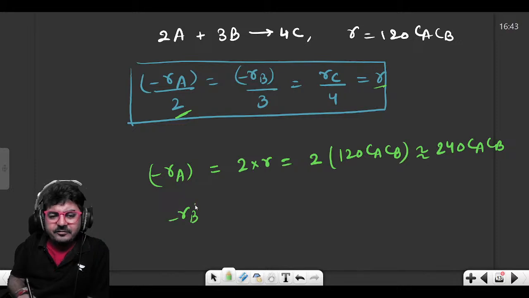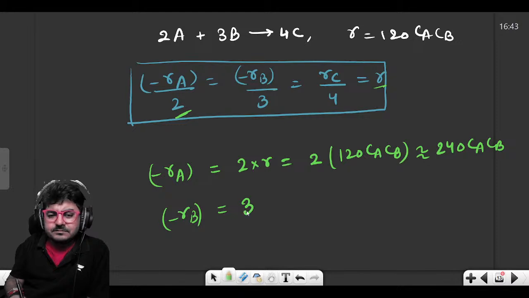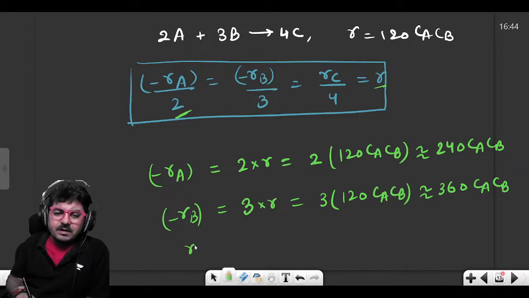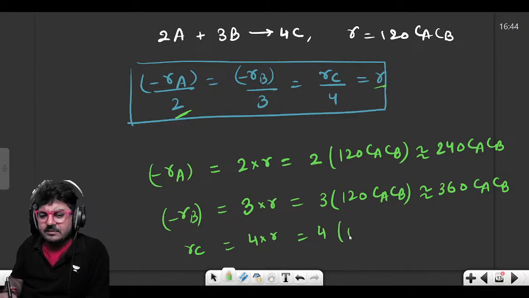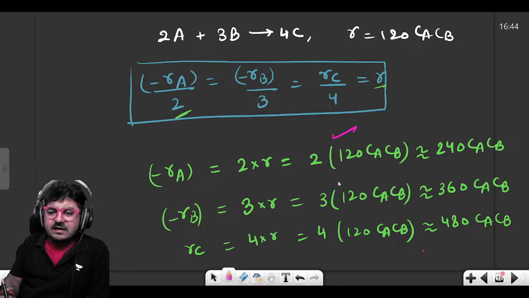Same, minus Rb if you have to write. So minus Rb will be 3 times of R. Ideally, you should write it as 3 times of 120 CaCb, or if you wish, you can also write it as 360 CaCb. Same Rc, 4 times of R. Ideally, it should be 4 times of 120 CaCb, or you can say 480 CaCb. ठीक है, बट यहाँ पे मैं आपको फिर से क्लियर कर देता हूँ that this is the correct way of